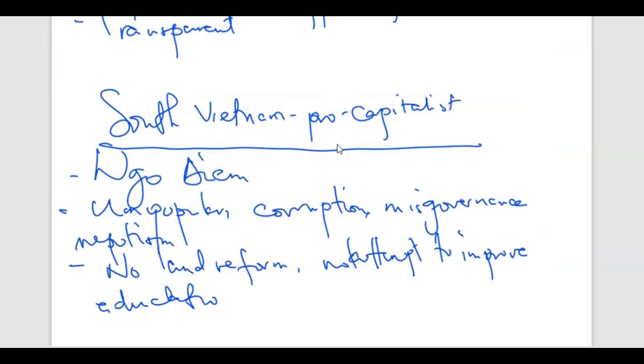So we see the situation in the South, that life was not easy for the South Vietnamese. They were exposed to misgovernance. Their resources were being made not to benefit them, but to benefit a few who were in leadership. There was no attempt to reform education and no attempt to do any land reform. The peasants were very poor. They did not have access to land.